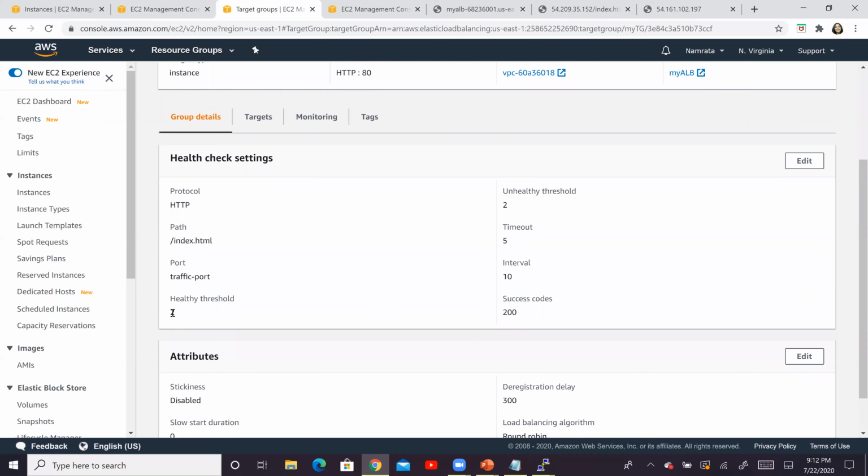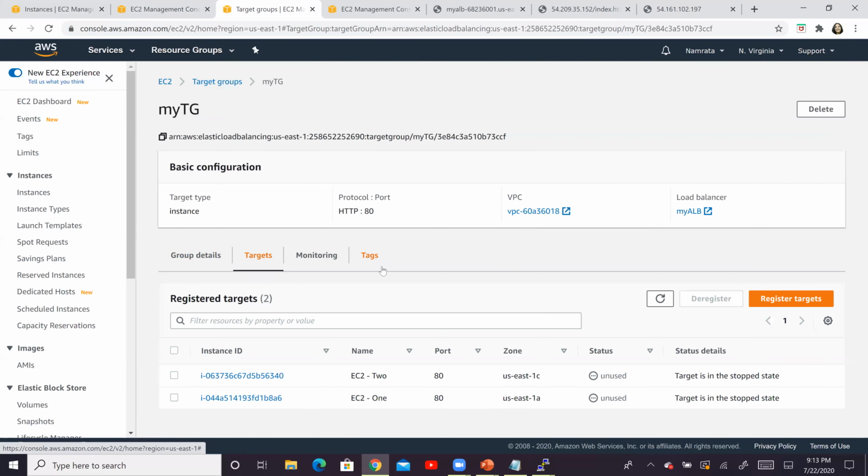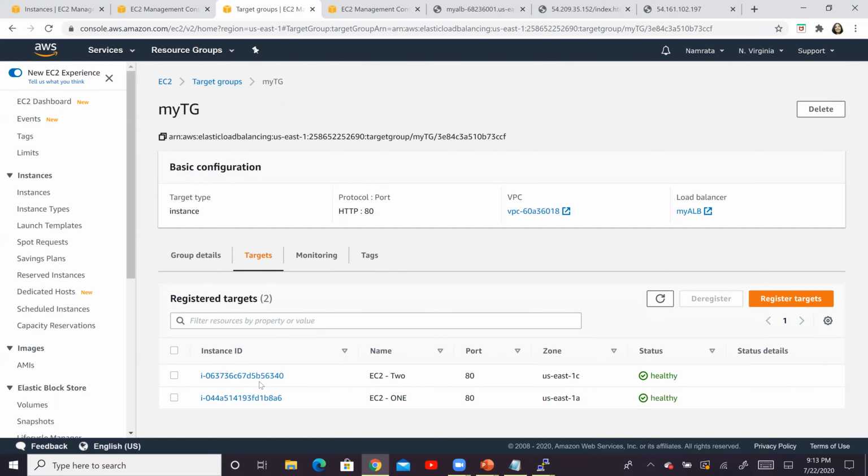As you see, I have a healthy threshold of 2, unhealthy of 2. I've changed the interval from 30 to 10; it's up to you if you want to change it. And I have 2 targets, which are currently healthy. These are both the EC2 instances, and they are available and healthy at this time.